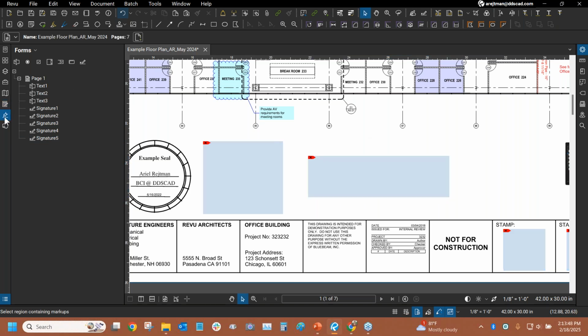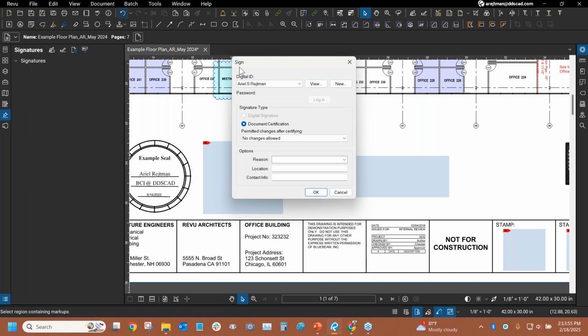So the second tool, like I mentioned, you can create multiple. And the third one is just a button that you just click. This is essentially called certification. This is very similar to the signature dialog in that you can choose only one signature type, not two. You're allowed to then see the changes permitted after document certification, which allows us to either say nothing can be changed, you are allowing other people to fill in existing forms and digitally sign things. That could be useful. And you can allow people to create some markups if you want them to on this